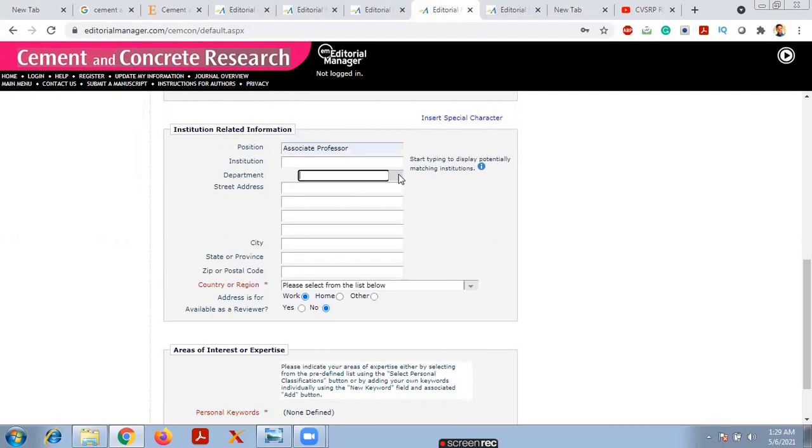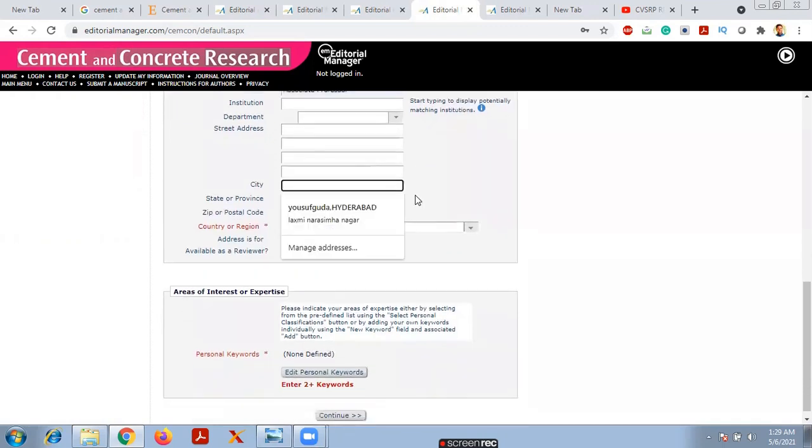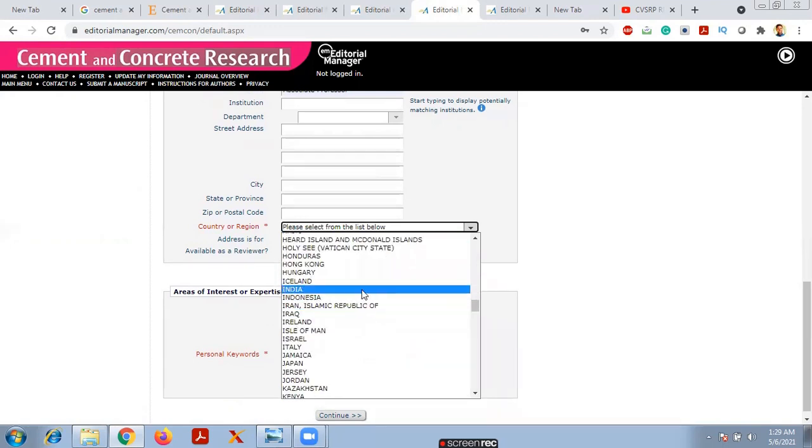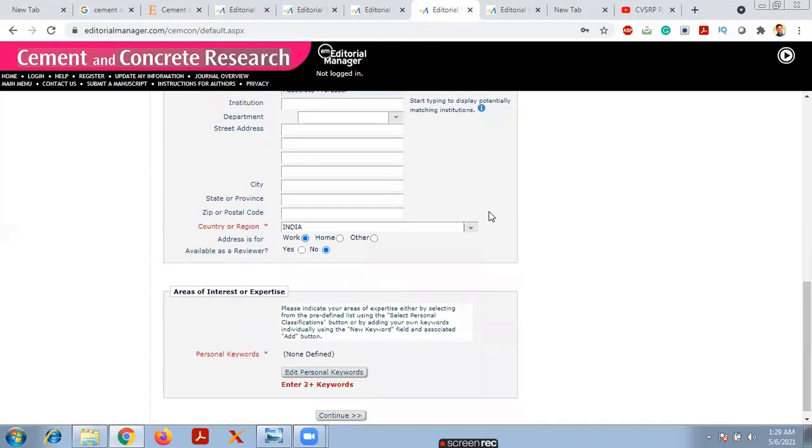If you are civil or mechanical or electrical or computer science engineering, you have to give the department, then city, the state, and also code. And here you must select the country from where you are registering. Suppose I am registering from India, so I entered here.